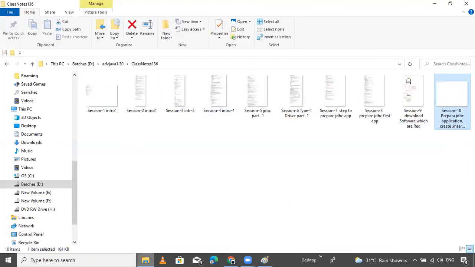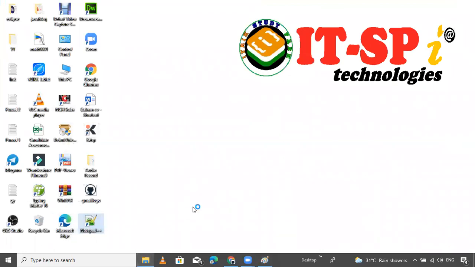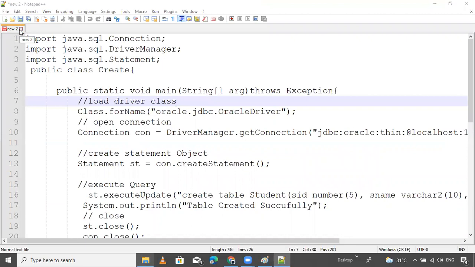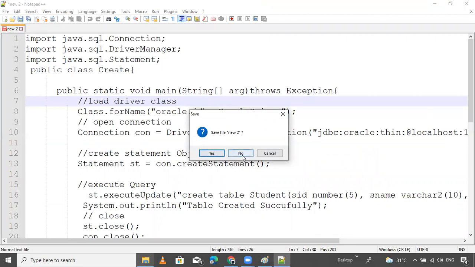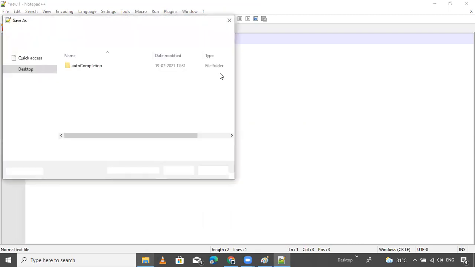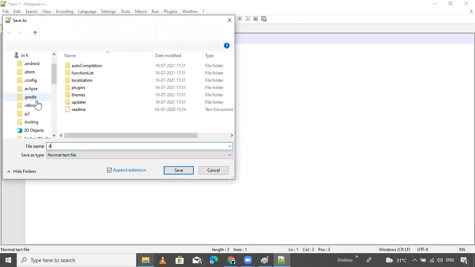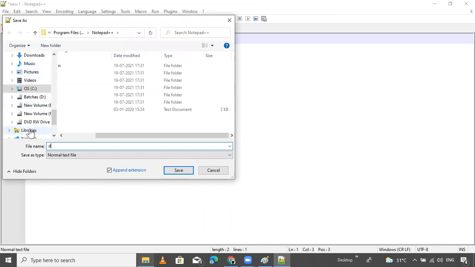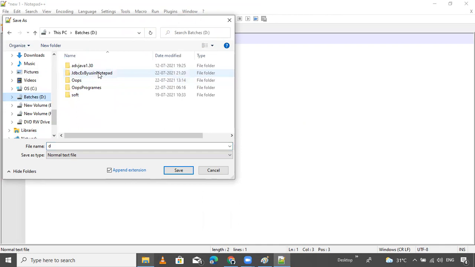So don't waste time. Open an editor, which I am using, Notepad++. This is the example I prepared previously, so it is not required. Save, Control S. Inside the batches folder, come here.